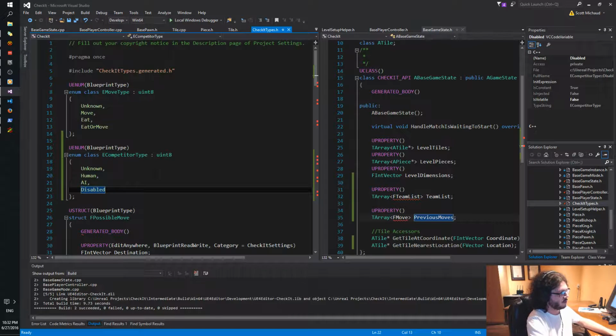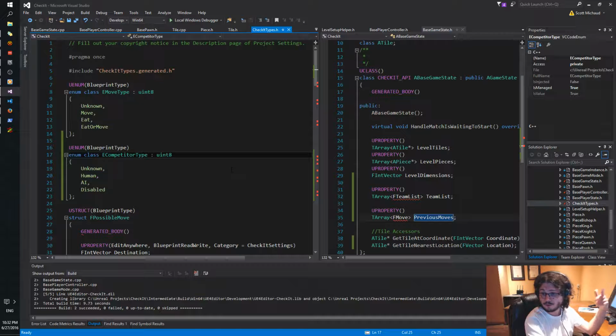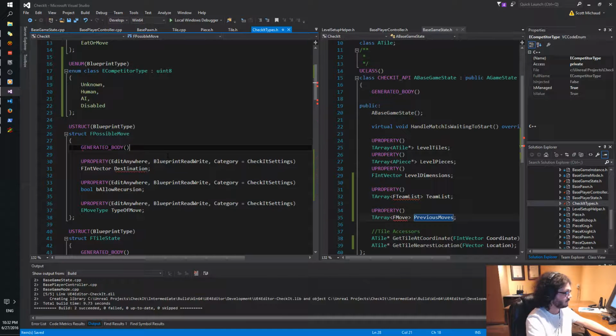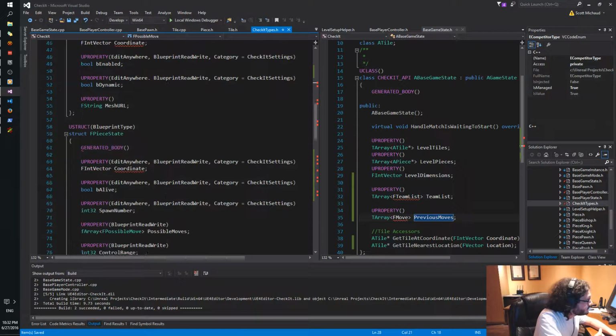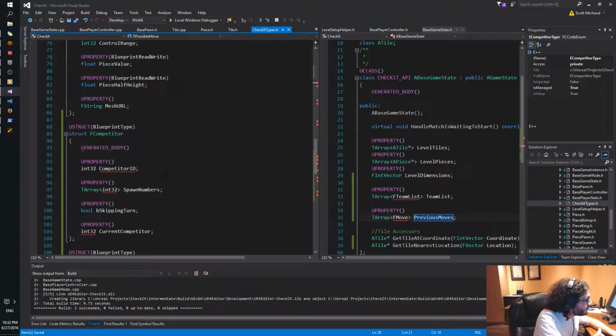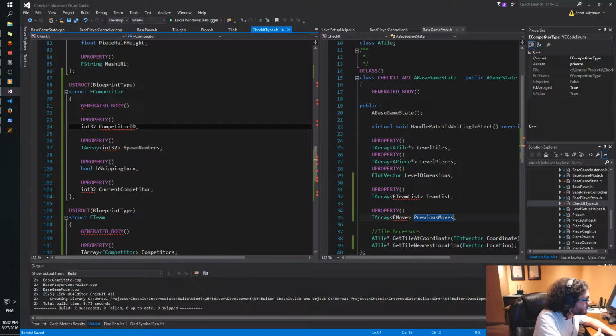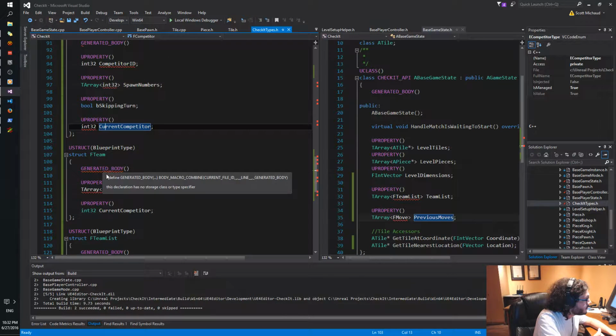The reason why is because we're going to be using ECompetitorTypes in the score screen and in the menu system as well, so it'll give us the option for that. Competitor ID, 3D competitor.